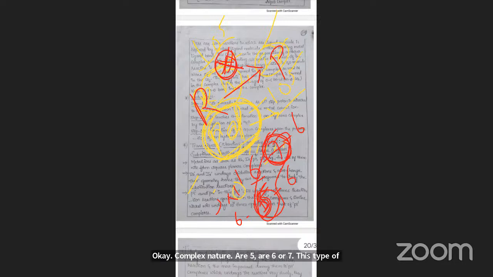Why? Because the reaction of palladium is 10 to the power of 5 times faster than that of platinum. Platinum is formed at the same time palladium is formed. The substitution reaction is 10 to the power of 5 times faster or greater than that of the platinum complex. That means palladium forms a square planar complex, no doubt. That square planar complex undergoes substitution reaction. Which substitution reaction? Nucleophilic substitution reaction. In that reaction,